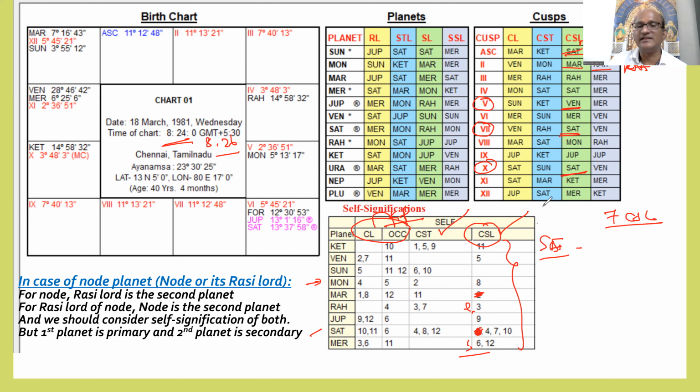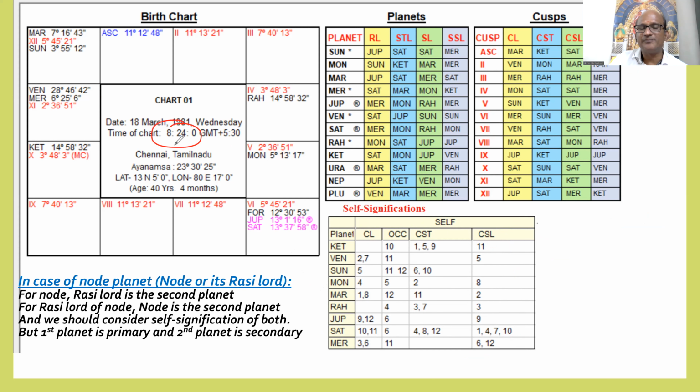What I'm trying to say is that when the time is different, for the A person and B person I was telling about, the CSL can be the same. Sometimes that also will change if the Lagna or the cusp is on the border. When the minutes are different, one planet will move to another house as per degrees. Okay, that is also there.